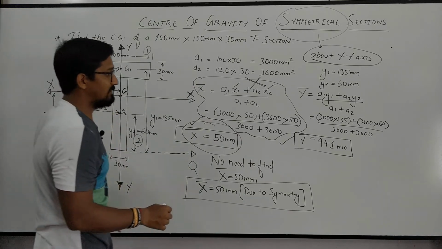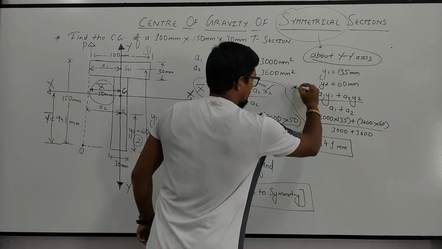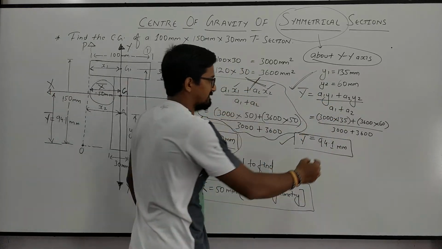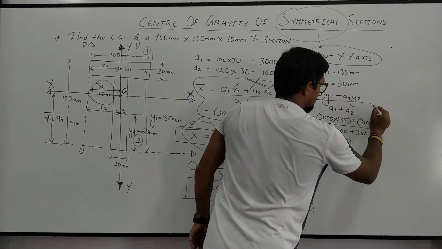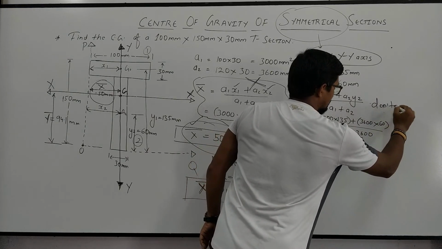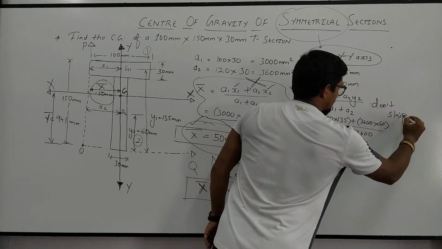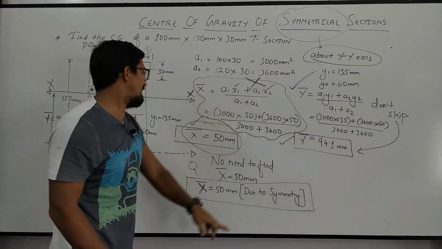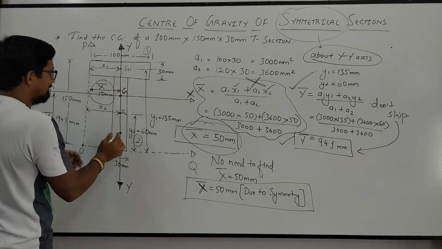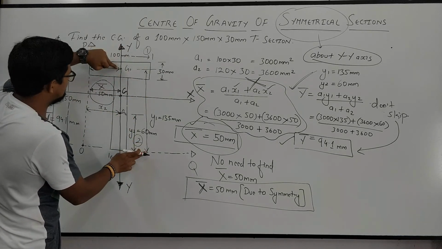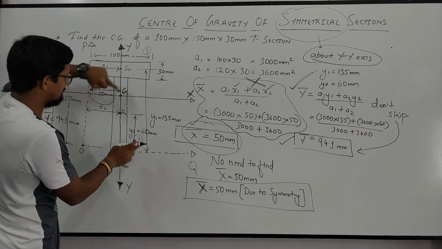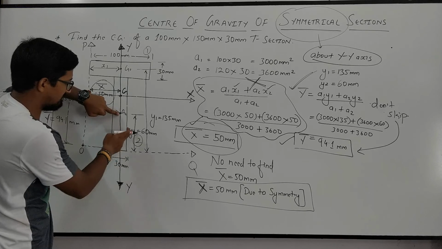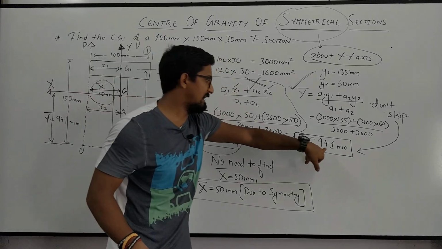But you have to find the value of y bar with these relations or the numerical. You cannot skip this, because you have to finally get this value, correct? So for y bar we have to calculate y1, the distance of the first section's CG from the base, meaning reference axis OQ, and the distance of the second CG from the base, which is 60. So appropriately we got 94.1.